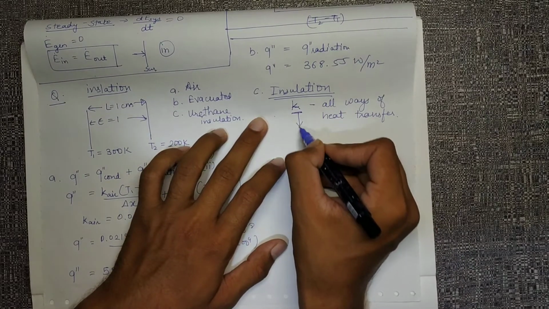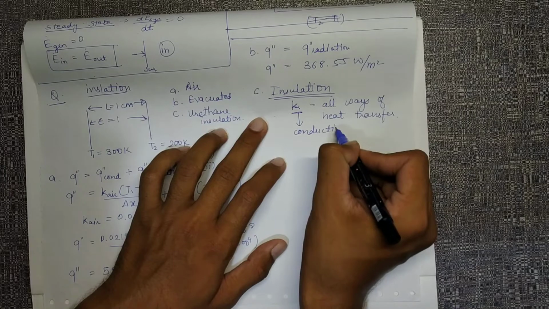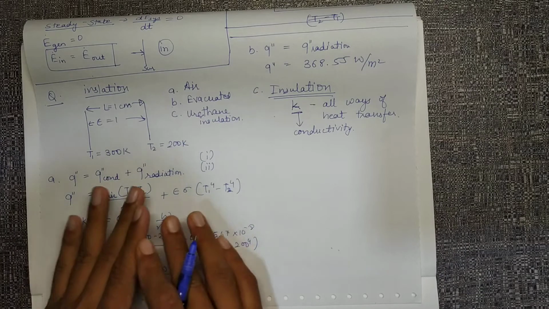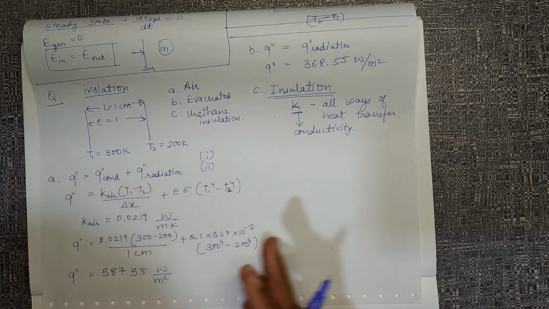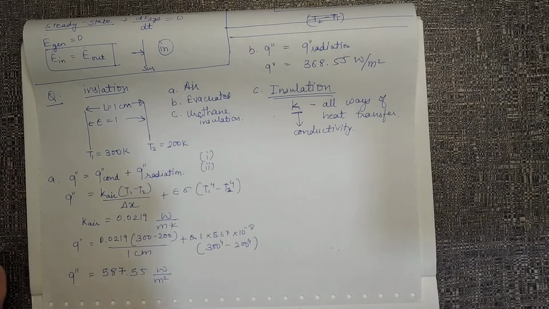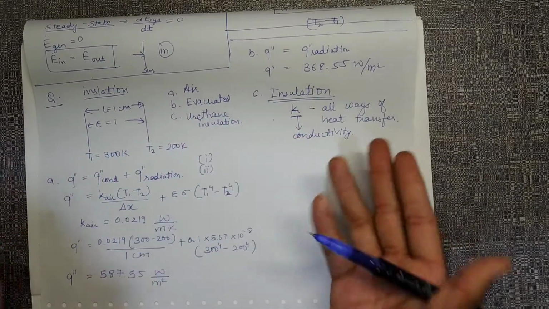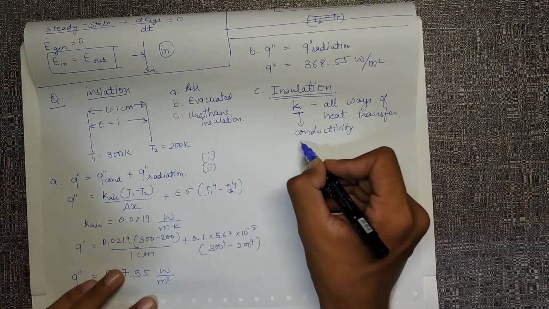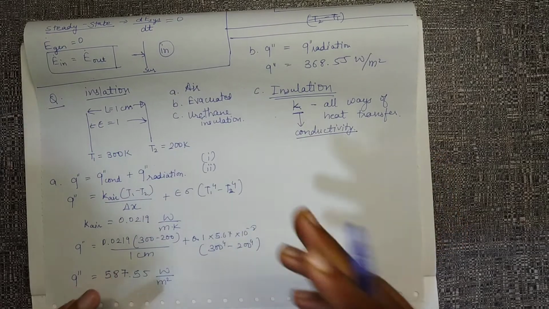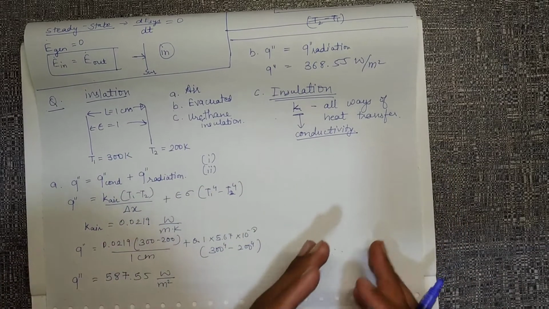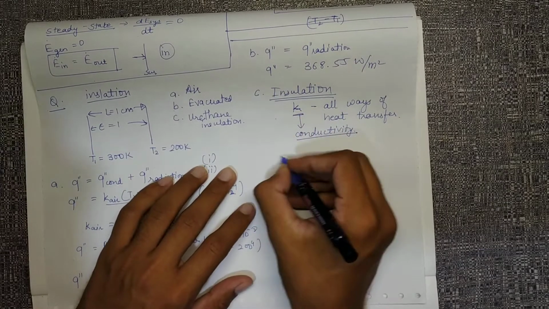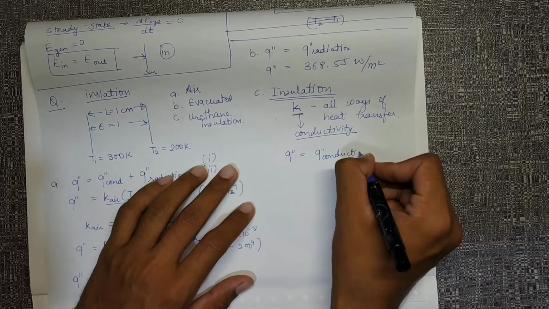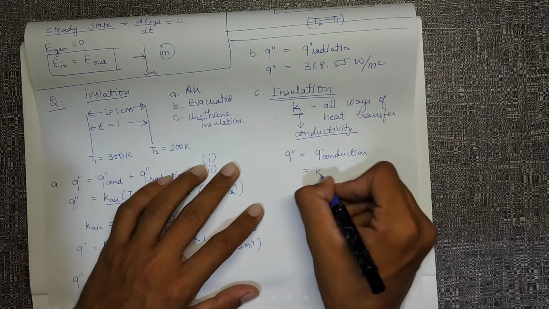Obviously k value means conductivity. Radiation will not occur because we'll assume the insulation is opaque, not transparent, so the radiation cannot completely pass from the first surface to the other. Radiation will be zero, but convection can occur. But we'll assume the conductivity value includes conductivity, convectivity and radiativity. All the things are included in the k value. Hence now the total Q will be only Q conduction, and this value will be k times delta T